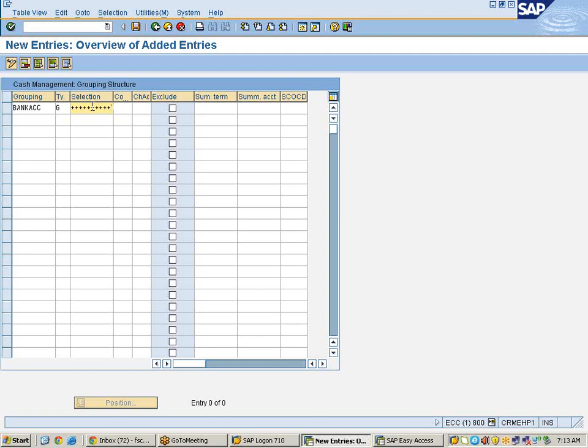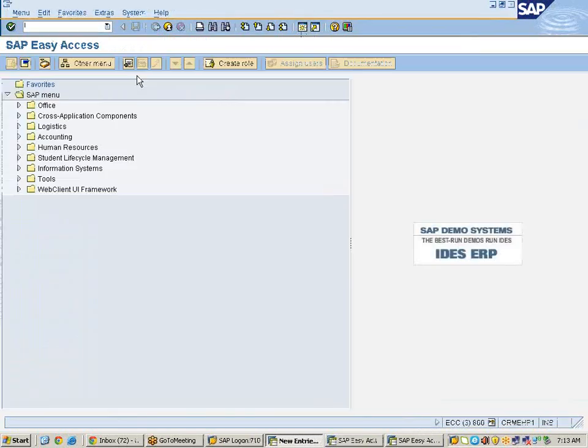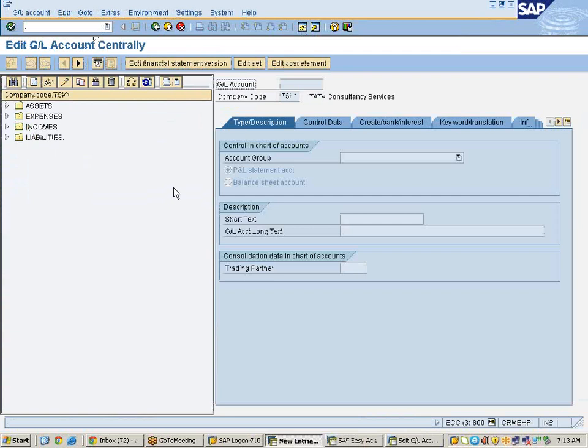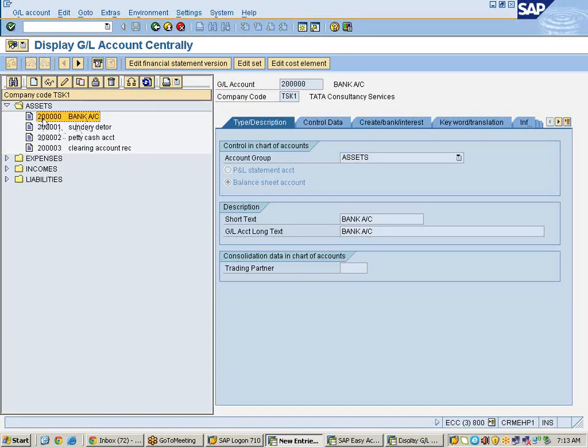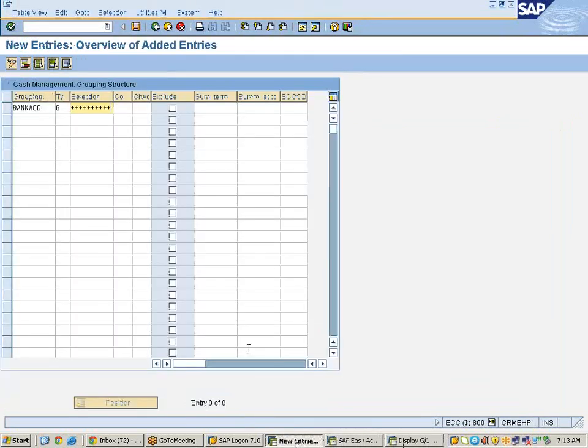That means in the plus marks it will take the GL accounts. So in our example, we will check how many digits we had maintained. We had maintained 3 plus 3, total 6 digits. So what I am going to do is update with 6 digits.